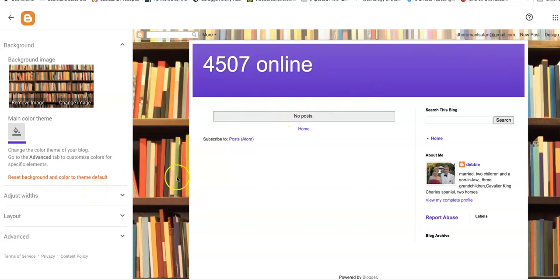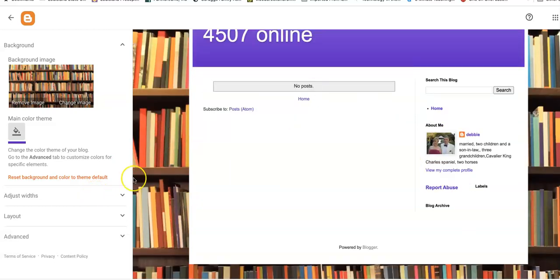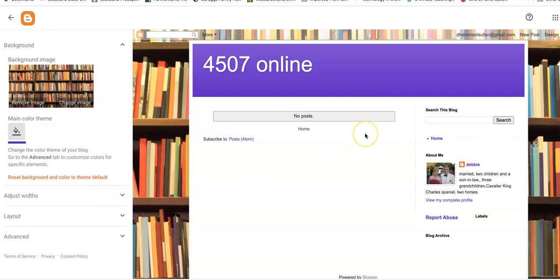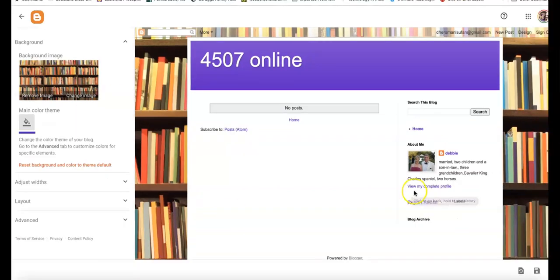After I do all of that, I want to go down and click save at the very bottom. Now let me see if I can pull this out. So I pulled it out, and see right here in the bottom right corner, you have the little save disk, you click save. So now make sure you do that or it will not save your background and your color